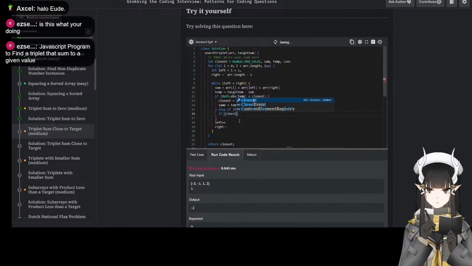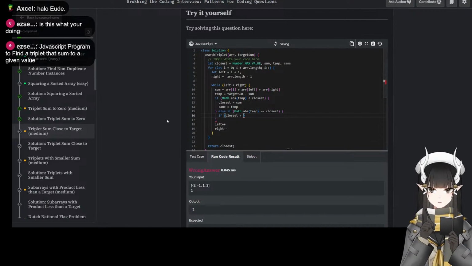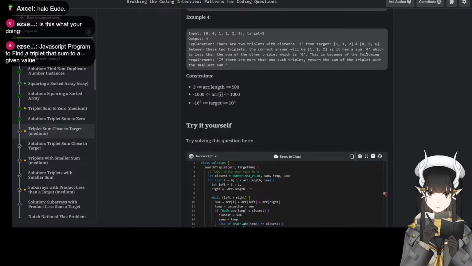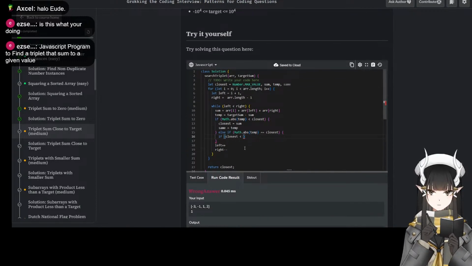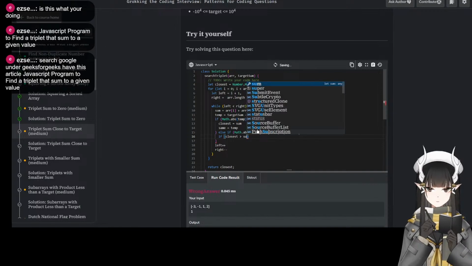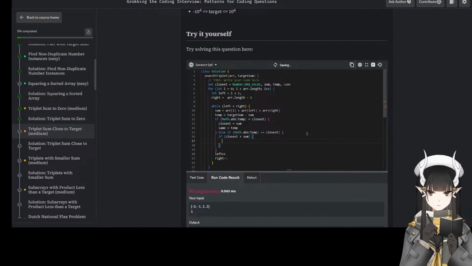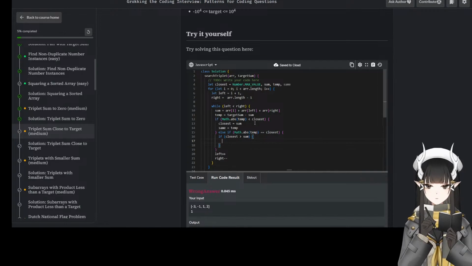Okay, if they're the same, then if closest is, in this case, 4. If closest is greater than the current sum, then we want the new sum.